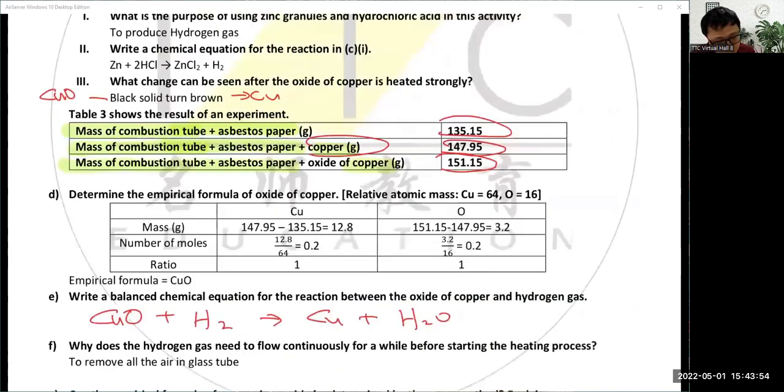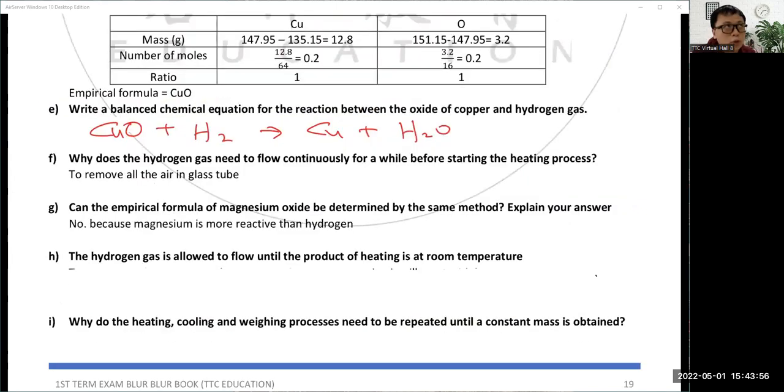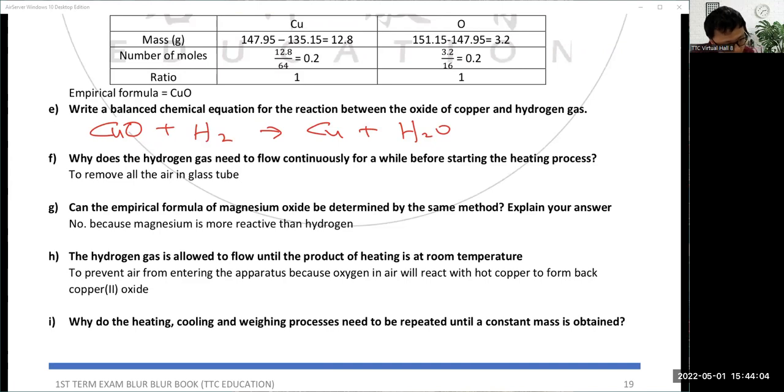Why? Because magnesium is more reactive than hydrogen, so hydrogen cannot take away oxygen from the magnesium. So hydrogen gas is allowed to flow through until the product is formed. Why? To make sure the air doesn't enter back, because if it enters back, it will react with the hot copper to go back to copper 2 oxide. So you have to wait until your copper becomes cold. Then only you can